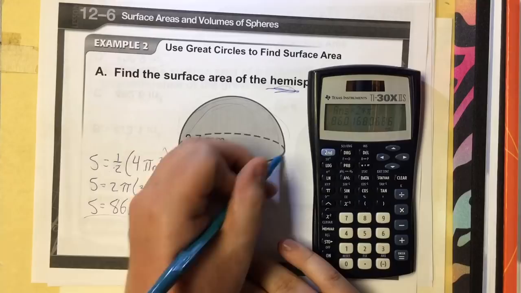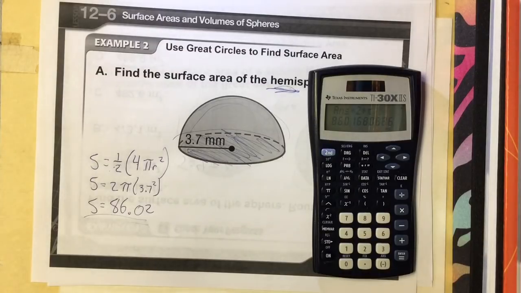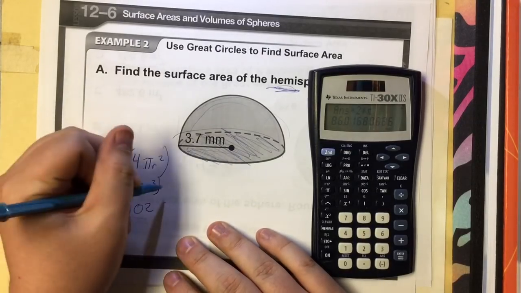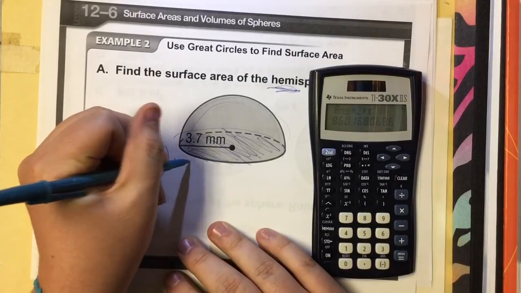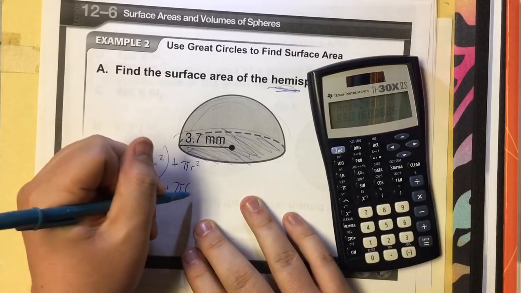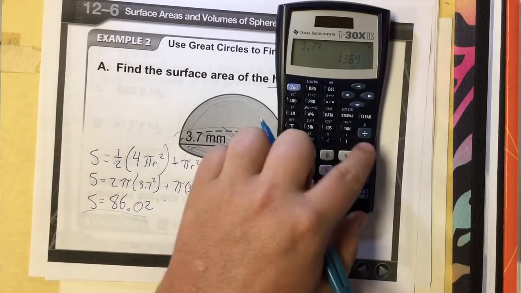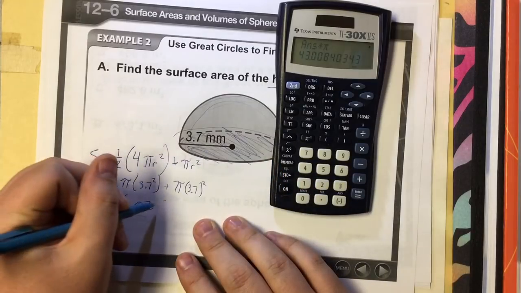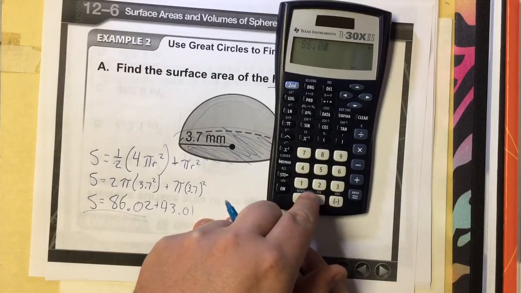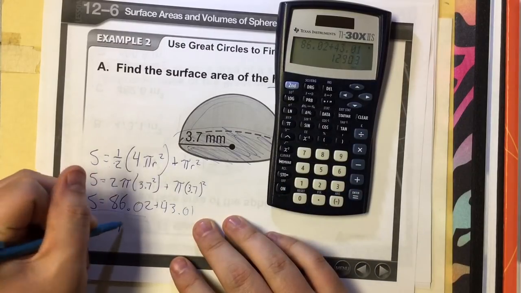That's this. When you have that hemisphere, we also have this extra circle at the bottom, because you have the dome shape at the top itself, but then you also need to find the area of that circle. So we need to add to that. The area of a circle is pi r squared, so pi times our radius again, 3.7 squared. So I do 3.7 squared times pi. 43.01. So I'm going to add 86.02 plus 43.01 gives me 129